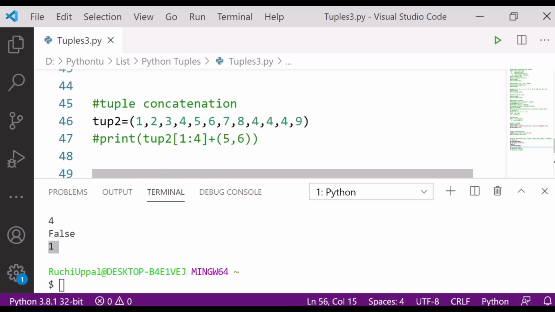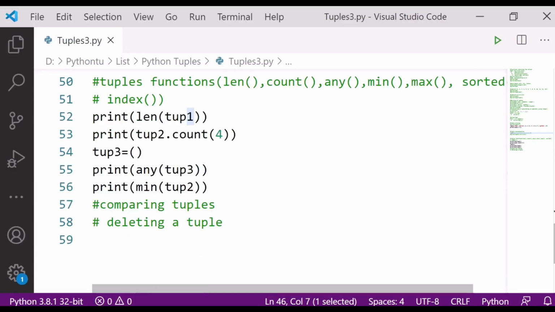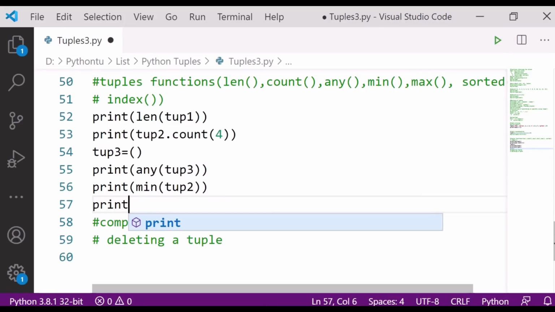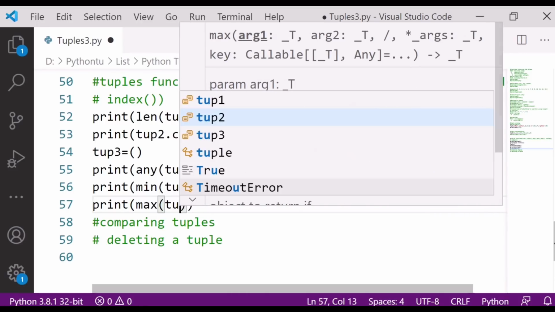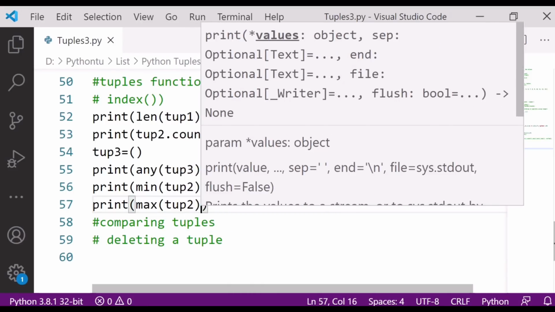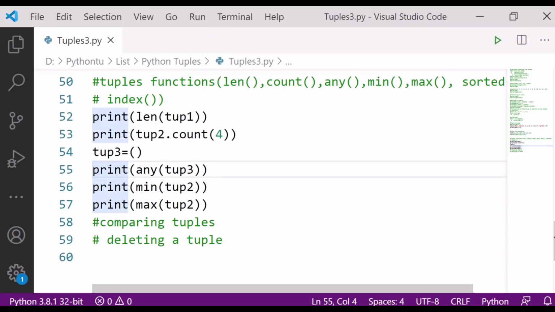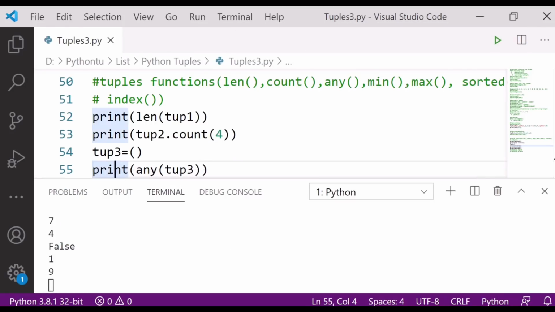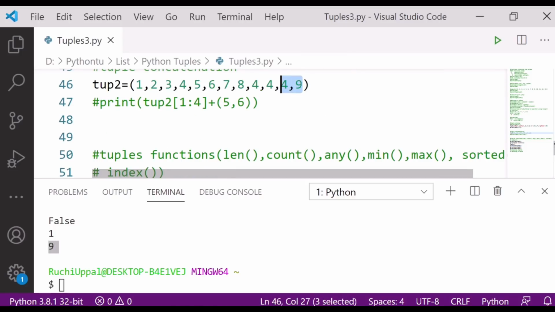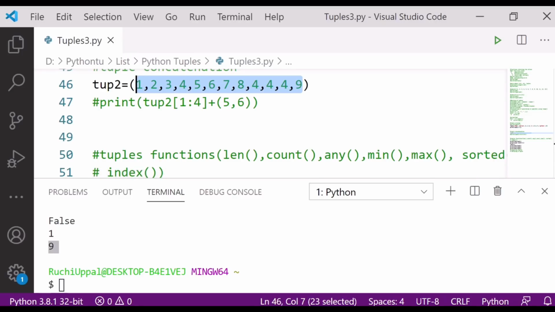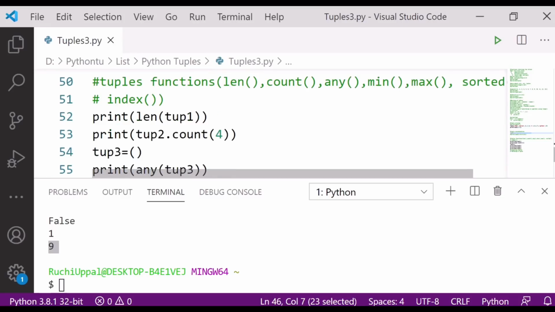Let's check the maximum value too. If I write here print max tuple 2, Control S, and then I run this. So the maximum value is 9 in this tuple. Okay, so this is how I can use these functions.